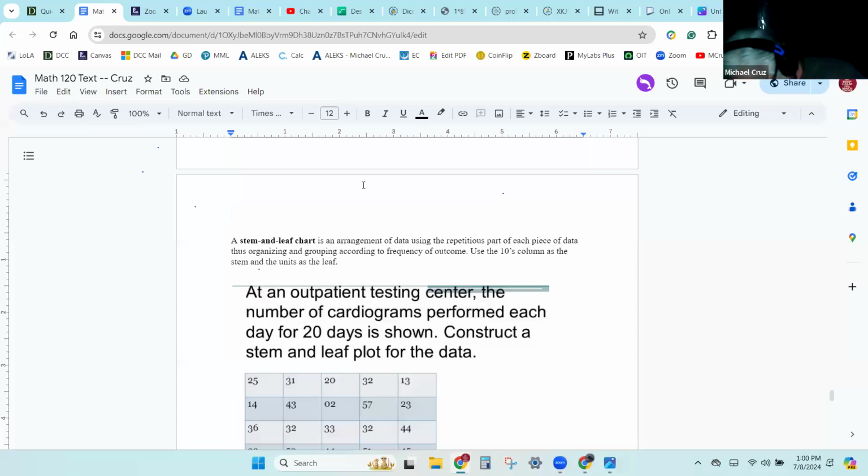A stem and leaf chart is a way to take data that we have, and instead of just knowing the number of values for each one of the ranges, we keep each individual value so that it could be reconstituted if need be. Let me show you what I'm talking about. Stem and leaf.